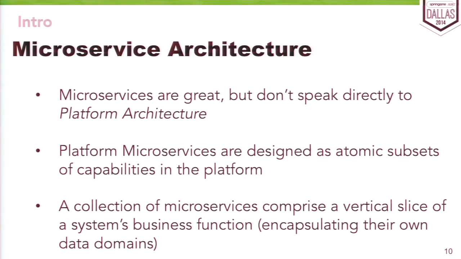Together, many microservices expose the technical implementation of a mid-tier slice, right? So you can have many microservices that comprise a single business function, and all of those things colluding with each other will get you that overarching functionality that you're looking for. This also lets you get to a place where when you're adding new features, you know that you're not going to be messing up some existing code base, right? You're going to be implementing something brand new. And that's a cool thing for a couple of reasons. Number one is that we're not going to add cruft where it doesn't need to happen, right? So microservice architecture is excellent for that.